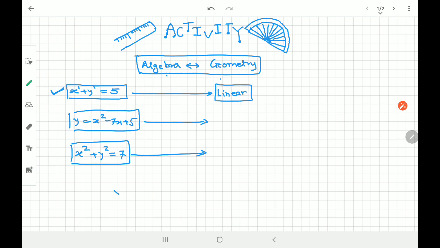Calling it linear has another reason as well, which we will discuss when we understand the geometric part of the same equation. But one thing is true: as it has degree 1, the equation has degree 1. After the polynomial topic you must have got it. What is degree? Highest power. So as it has degree 1, we call it a linear equation.